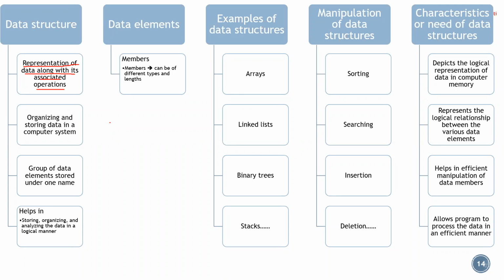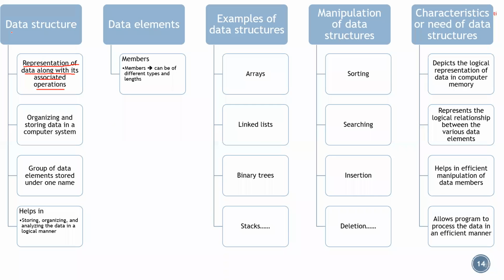Suppose I want to collect the student information. In that I require, for one student, the name of the student, which is of the string type, the roll number, which is of the integer type, and say I want to identify the average score of all the semesters, which will be of float type. All these three types are identifying only one student's details. In those cases, that information is what we term the data elements or the members.